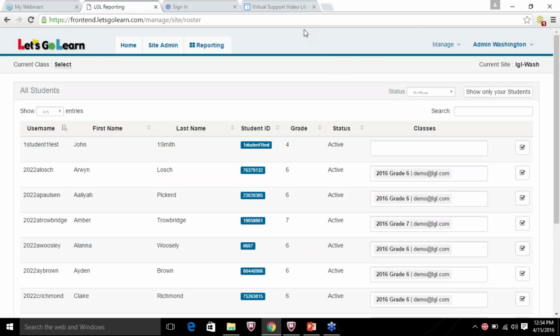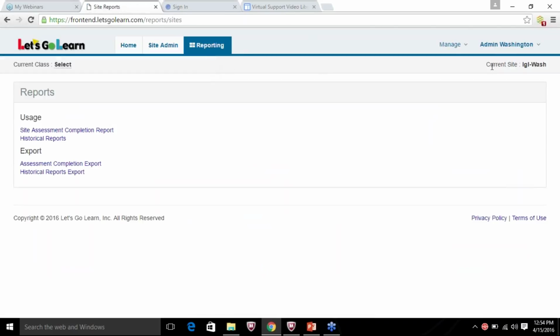The last thing we're going to touch on today is the reporting tab. So we're that third tab in. And what's really exciting is we have some new reporting features, and we'll definitely dive more into that in our future webinars where we dedicate the entire time to looking at reports. But I encourage you now, especially since it's the end of the year or getting towards the end of the year, to start looking at what's available and run some of those reports and see what will be helpful. Or if you have questions, please reach out to us and let us know.